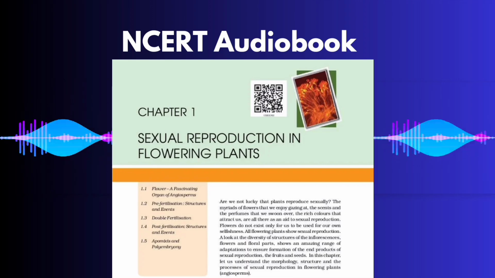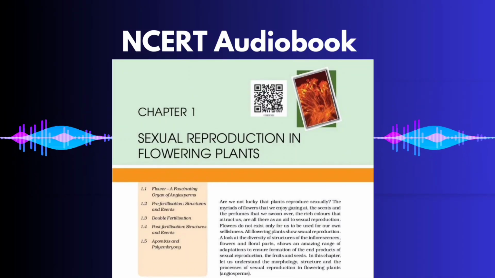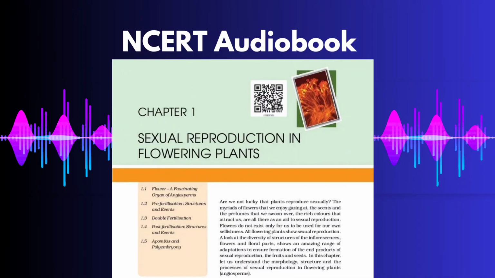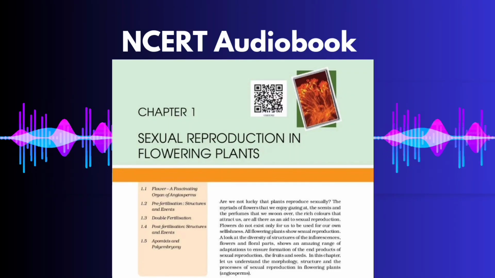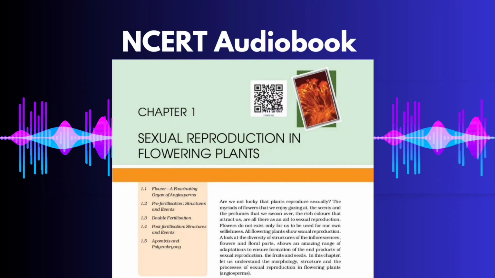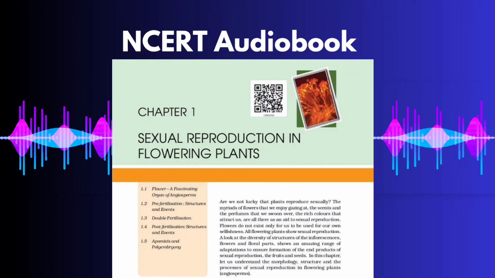Cleistogamous flowers produce assured seed set even in the absence of pollinators. Do you think that cleistogamy is advantageous or disadvantageous to the plant? Why? 2. Geitonogamy. Transfer of pollen grains from the anther to the stigma of another flower of the same